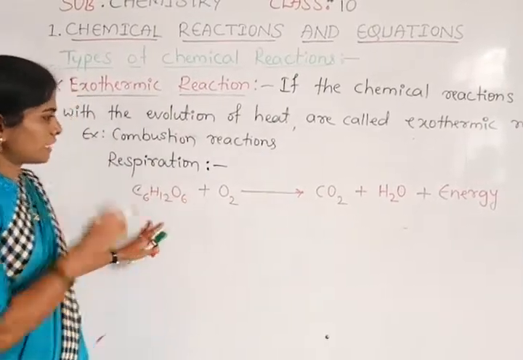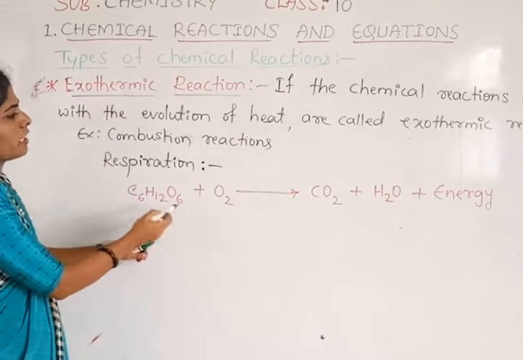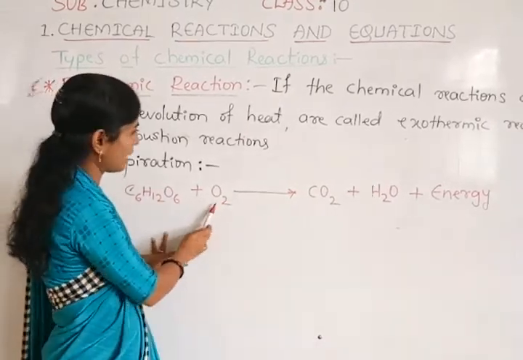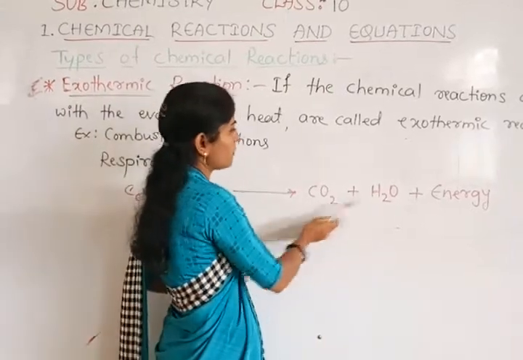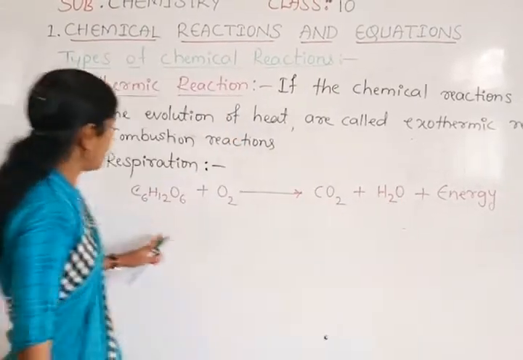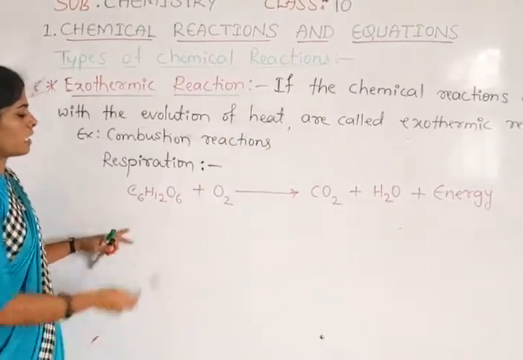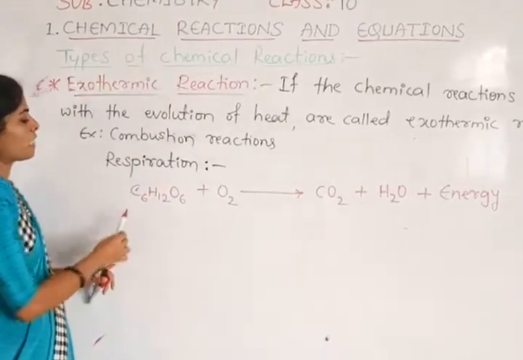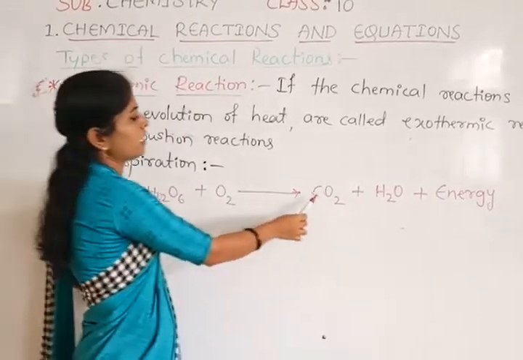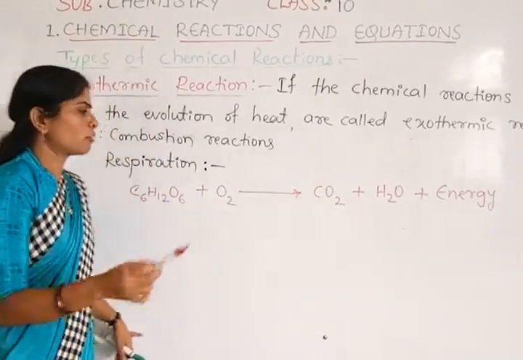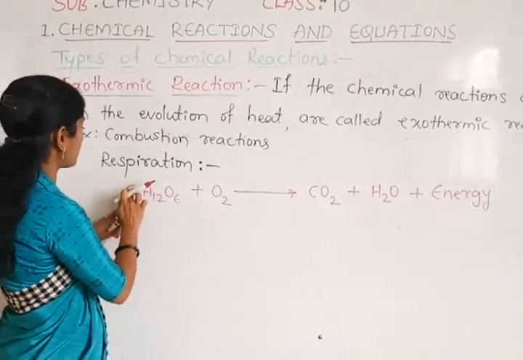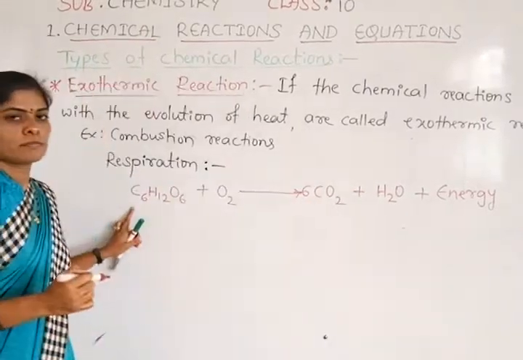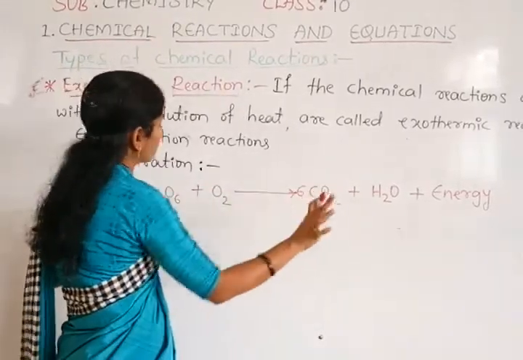Now see whether it is balanced or not. Here 6 oxygen are there, 2 in the reactant side, totally 8, and here only 2 and 1, 3 total. How many hydrogen are there? Here 12, only 2 there. And carbon, here 6 and here only 1. So now we have to balance this. 6 carbon are there in the reactant, so we can multiply with 6. So 6 CO2, the carbon has balanced.